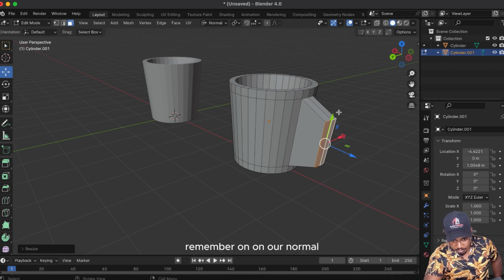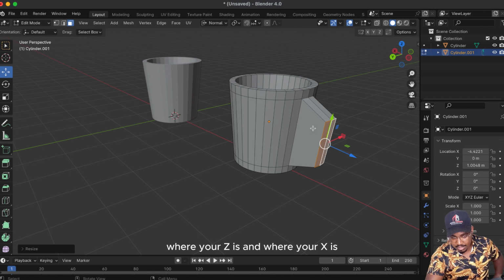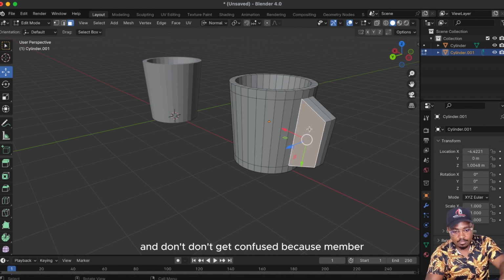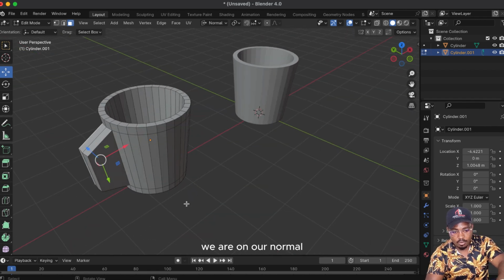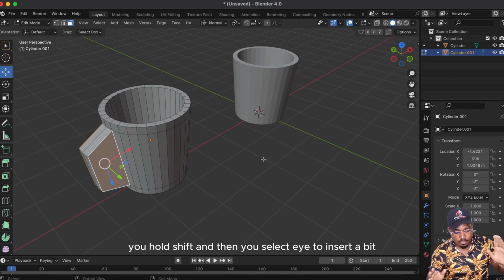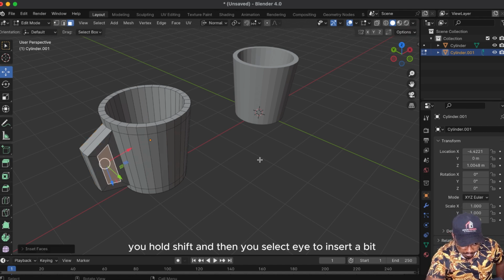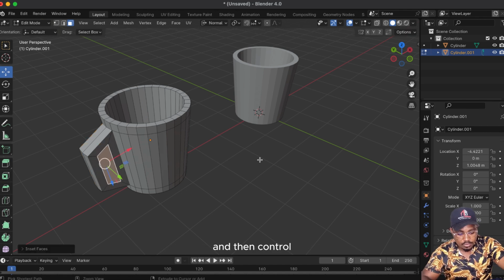Remember, on our normal, if you don't see these arrows, make sure you have selected it here so that you can be able to see where your Y is, where your Z is, and where your X is. And don't get confused, because remember we are on our normal. Select this one and select this one. Remember, by selecting two faces, you hold Shift and then you select I to insert a bit, and then Control